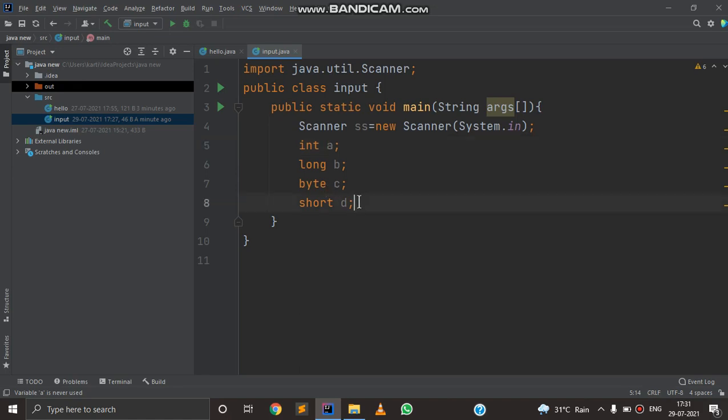Now I'm going to talk about floating data type. Floating data type takes values with decimal points. There are two types of floating data type: float and double.